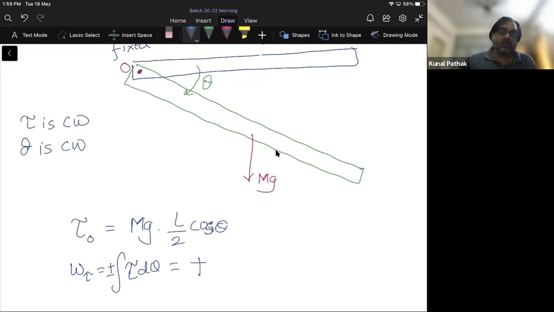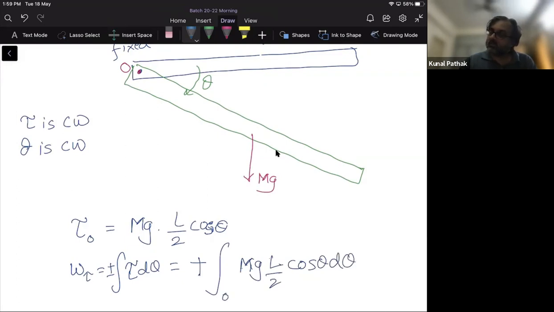Okay? It is not anti-clockwise then, both are clockwise. See, like this, clockwise. So plus integral of mg L by 2 cosine theta d theta, and I'm taking this from 0 to theta,